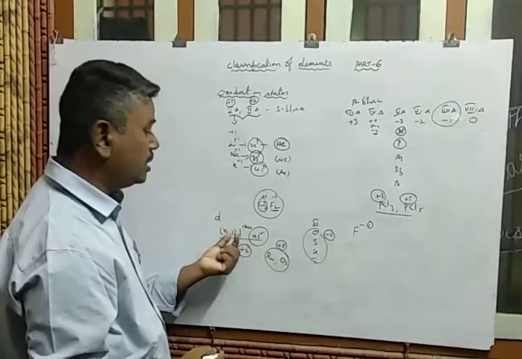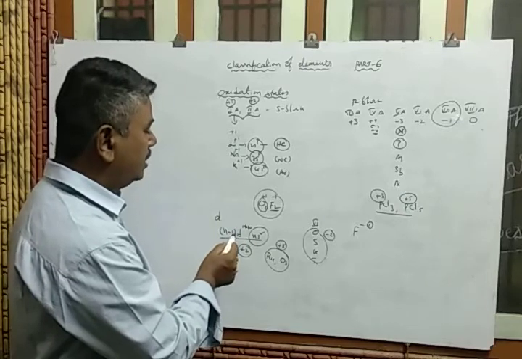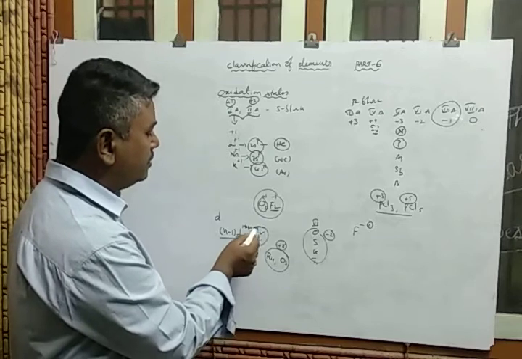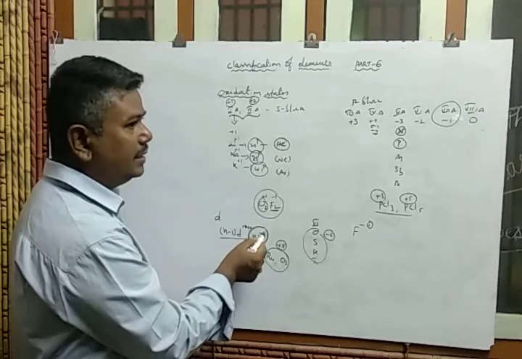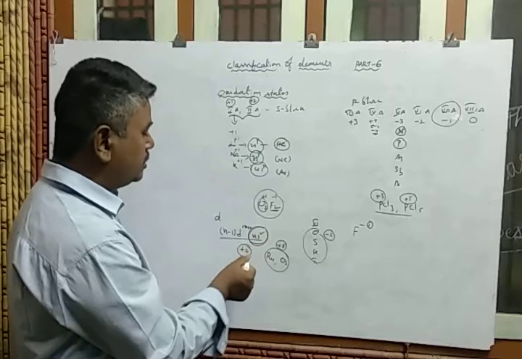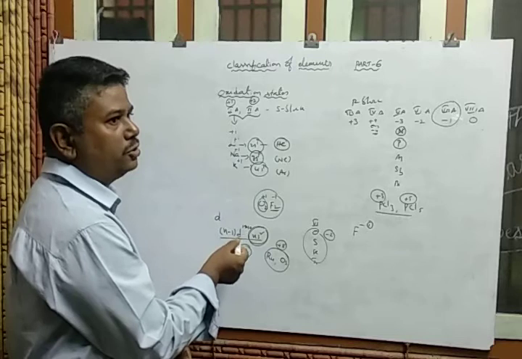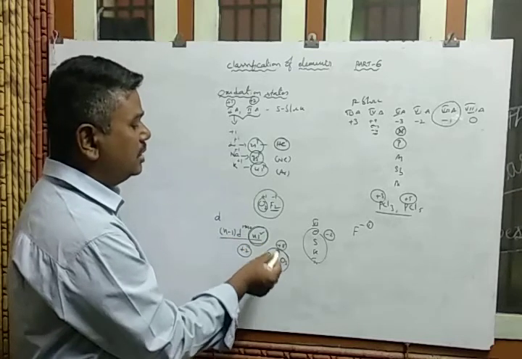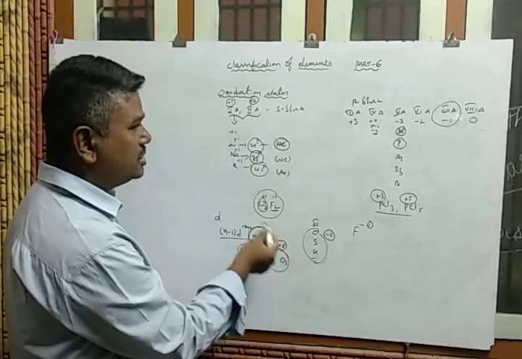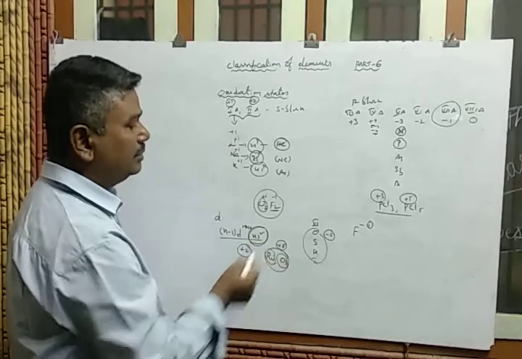In the case of which elements? Transitional elements. What is the transitional elements' configuration? (n-1)d 1 to 10 and ns2. Here the valence electrons are ns2, so it is possible to lose these electrons. Am I right? So that's why it shows +2 oxidation state. Sometimes, with the availability of d electrons, it also loses those electrons, so that's why it possesses up to +8 oxidation state. It means the highest oxidation state in transition elements is in ruthenium and osmium, that is +8.